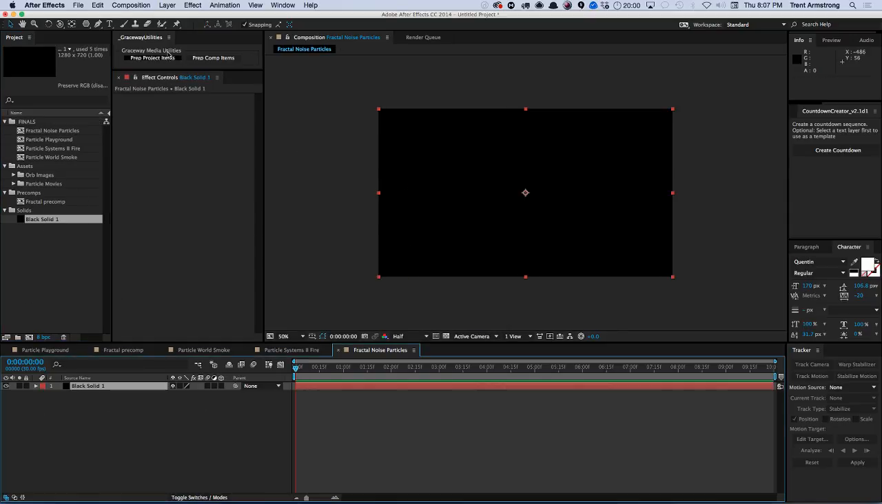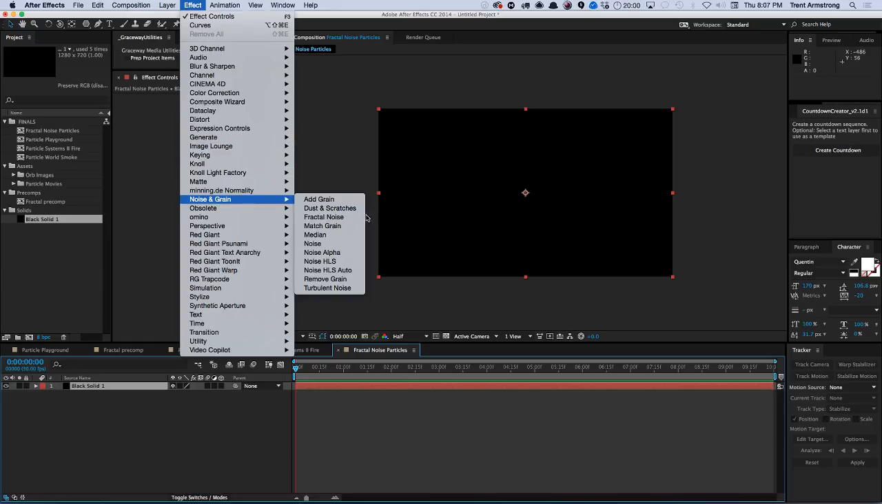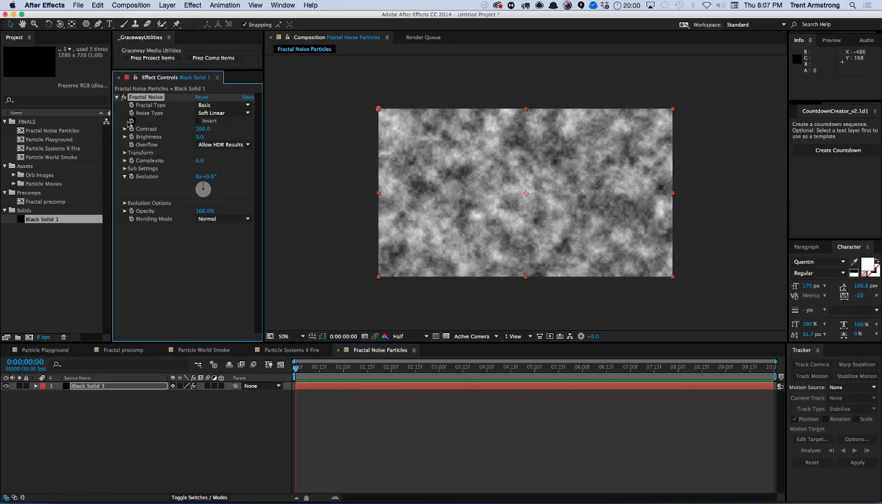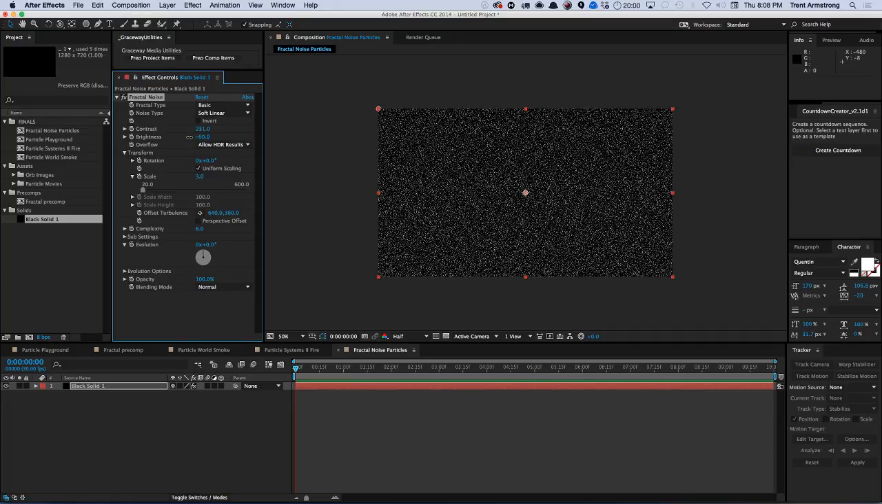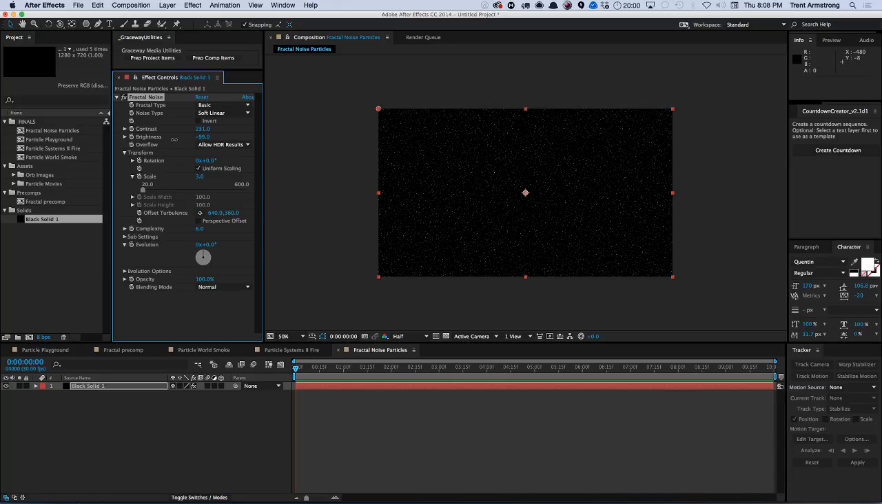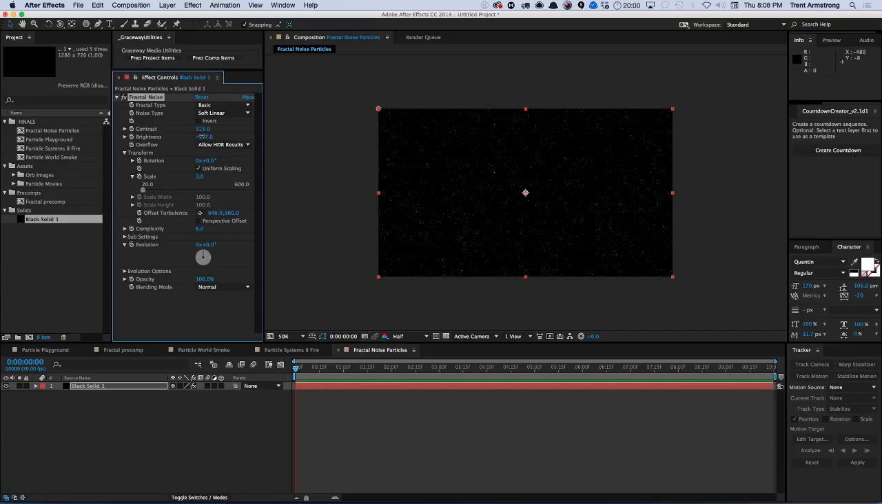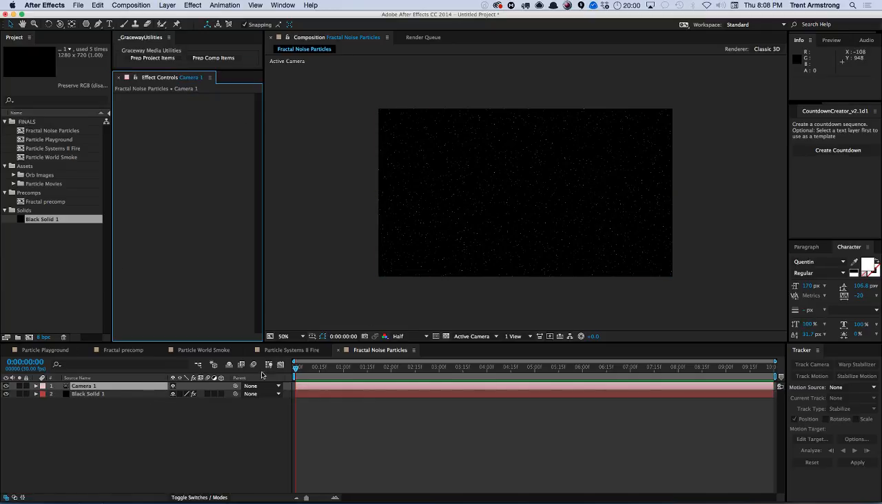And we're going to put in a solid, and go to fractal noise here. It doesn't look like particles, but if you wanted to get a star field, then you can adjust your contrast up, make the scale in your transform down to about 3, and adjust your contrast up and your brightness down until you have a star field. So then maybe you have a camera in your scene,